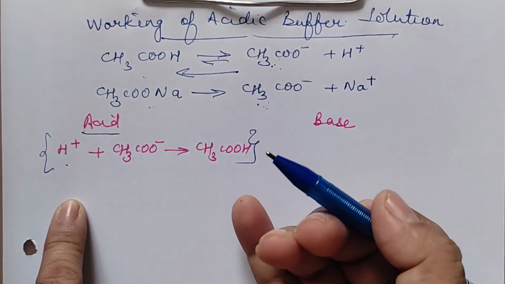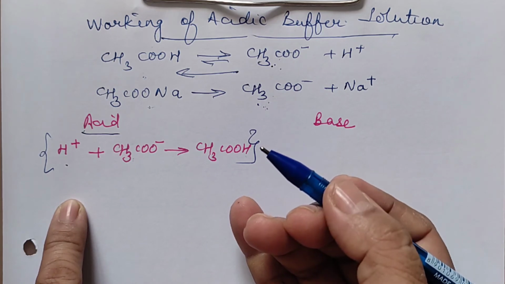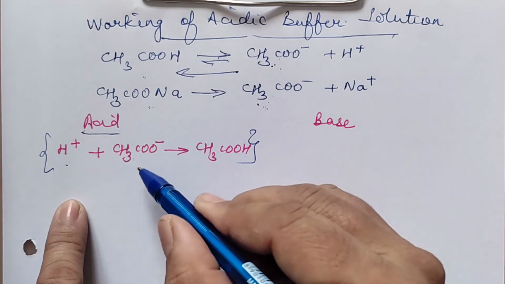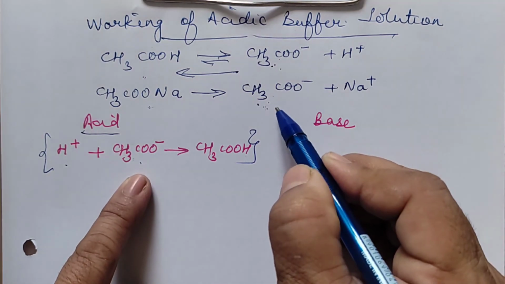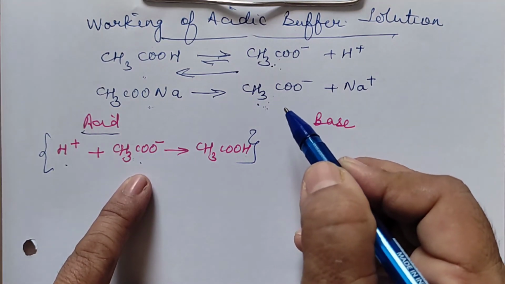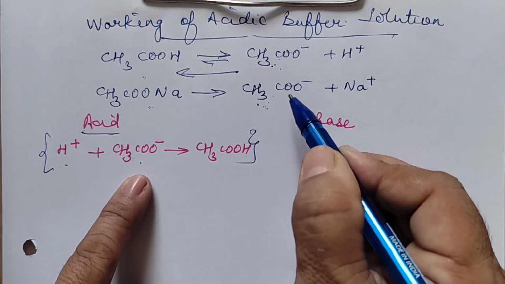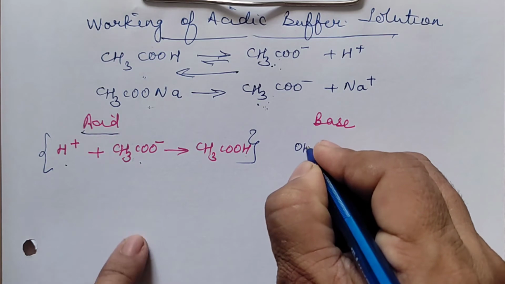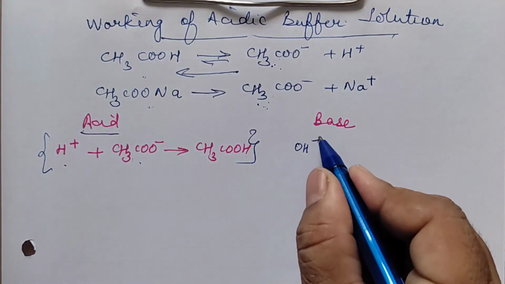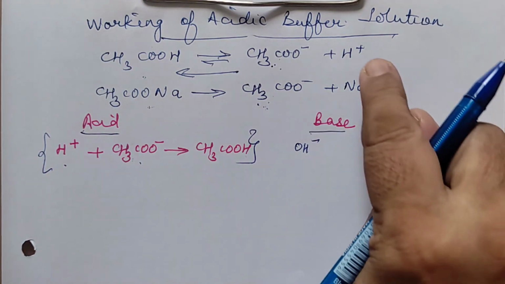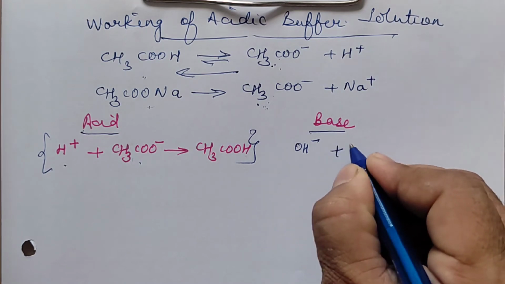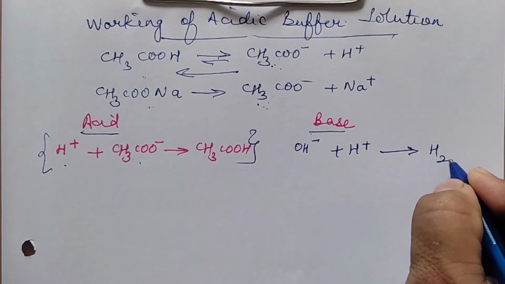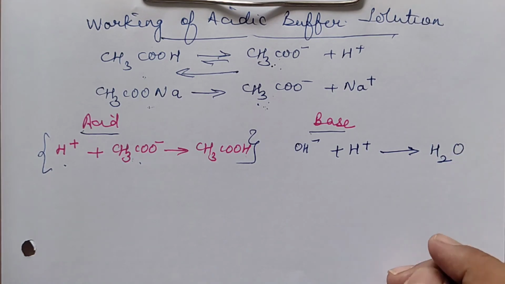Acetic acid itself is a weak electrolyte, will not affect much, it will not dissociate to greater extent. Moreover, it is getting used up, no problem, there is already extra acetate, enough acetate ion available. So this is not going to change the pH. What if we add base, that is OH minus? If we add OH minus, it will react with the available H plus ion. It will react with the H plus, that means it is going to form water. Right?